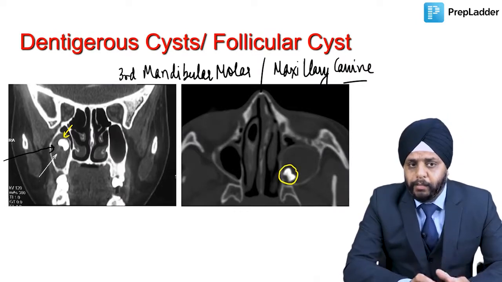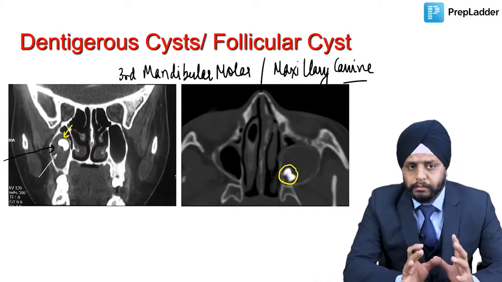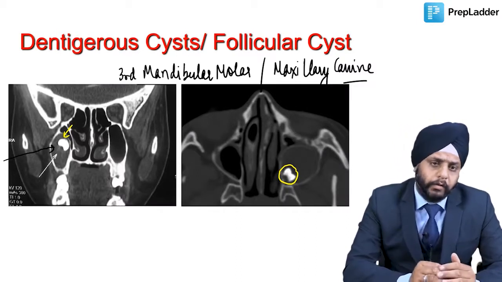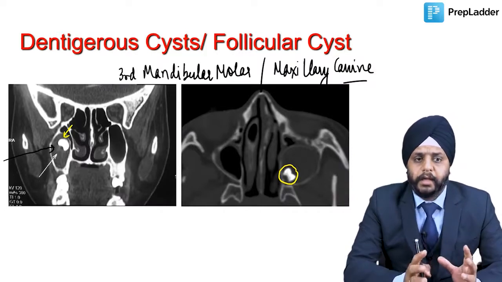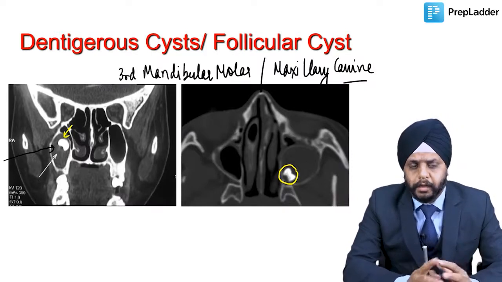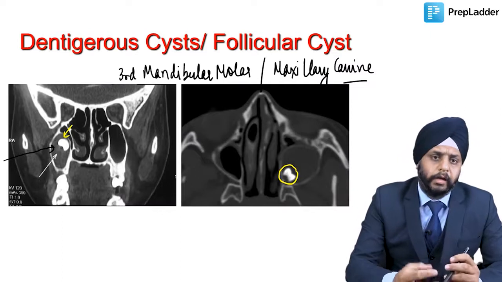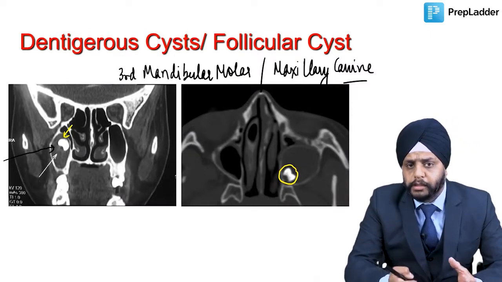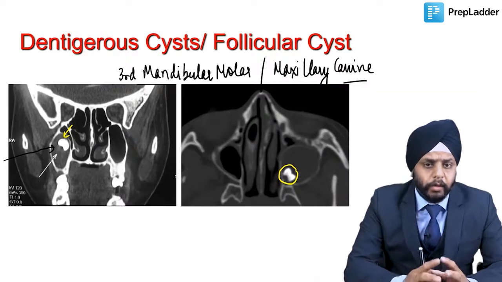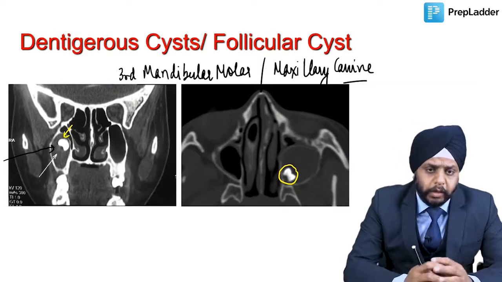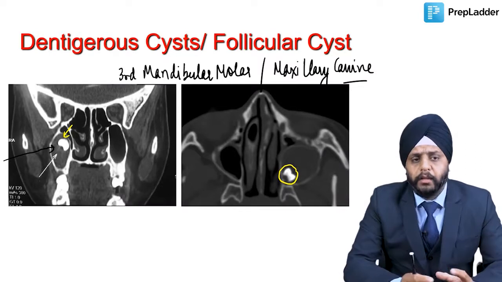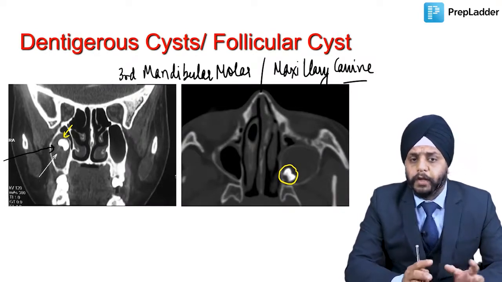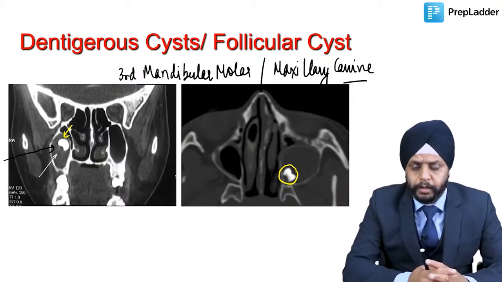Right? Now remember, these are both the maxillary cysts. They are in the maxilla, so they are also going in the maxillary cavity, the maxillary antrum. Okay, they can also be in the mandible. We have discussed the third mandibular molar is the common, and these cysts, they grow rapidly. So because they grow rapidly, the bone around them will become weak, and because of that they can even cause mandibular fractures because the bone gets very weak.